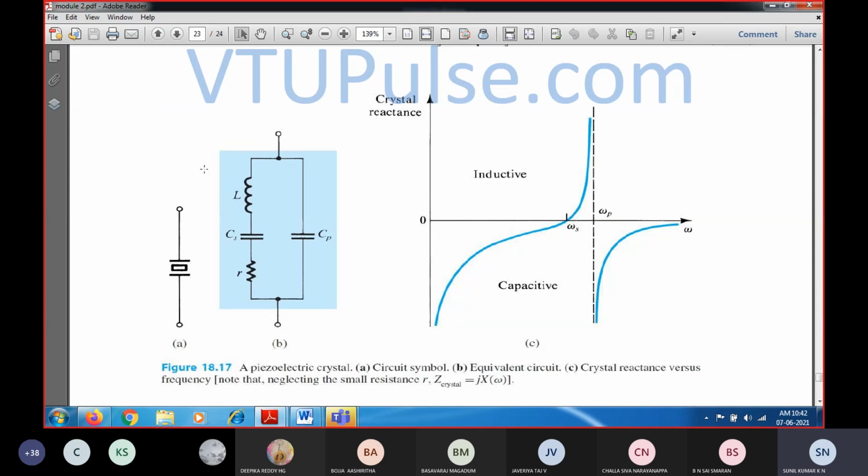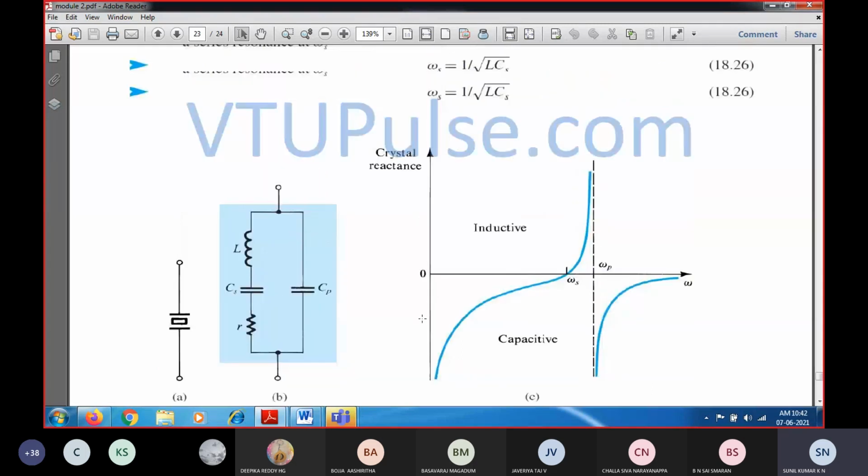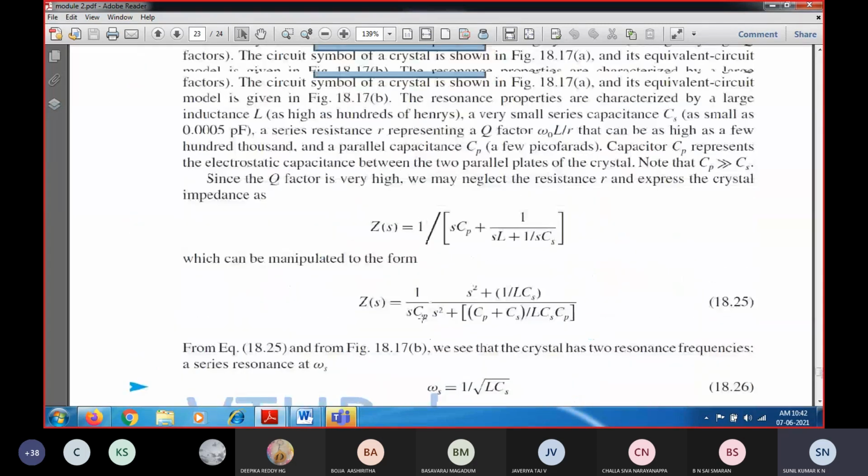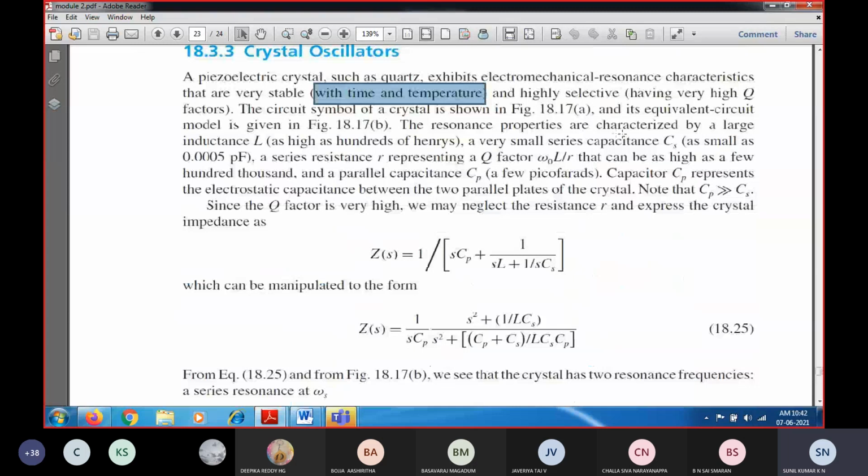So this is a crystal circuit and this is the corresponding electrical equivalent crystal circuit, and this is the reactance, how it is going to vary. The resonance properties are characterized by the inductance, which ranges from a millihenry to a few henries. It also has a small series capacitance CS,